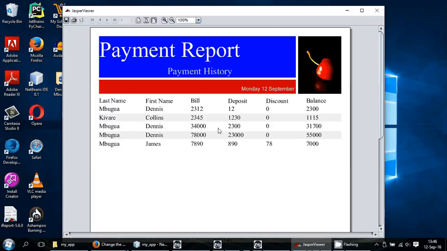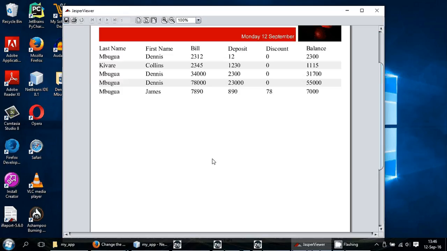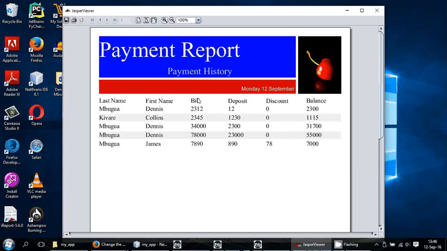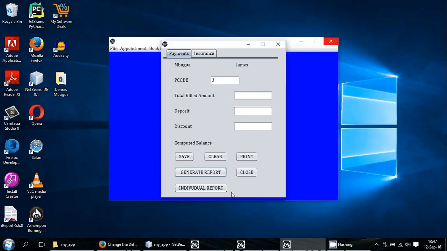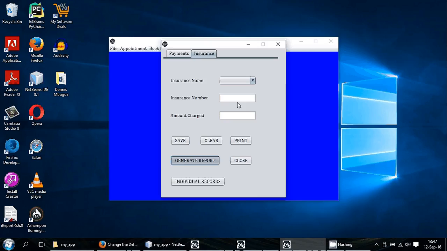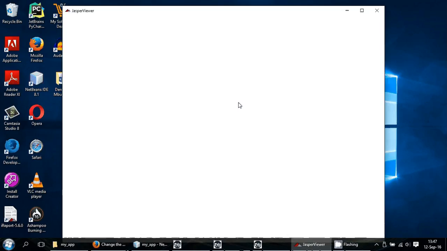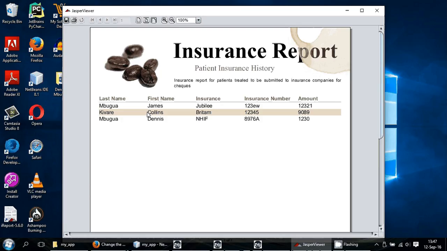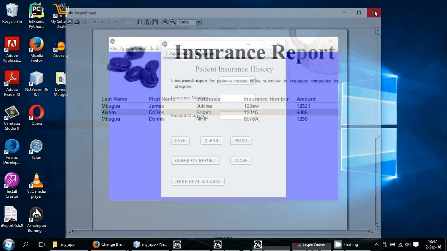So this is the sample report generated. You realize that it shows the bill, the deposit, the discount, and the balance, and the names of the patients. You can print this report, you can save it, and you can use it the way you want. And the same for insurance. This is just sample data that I am using,